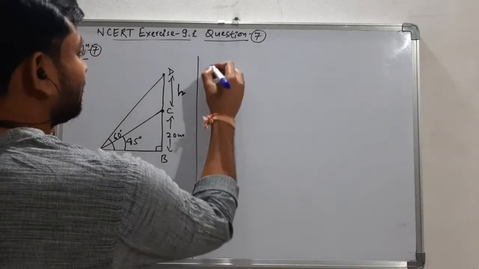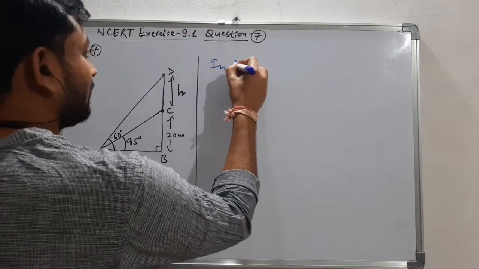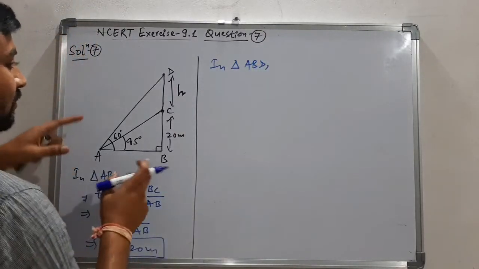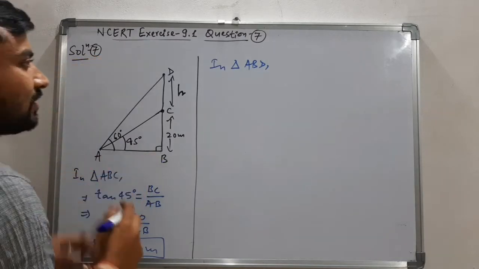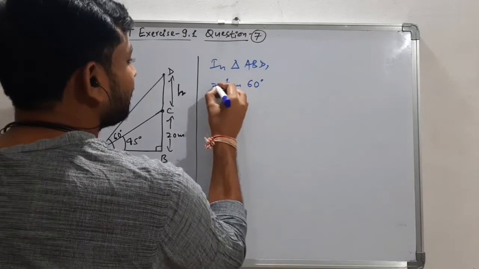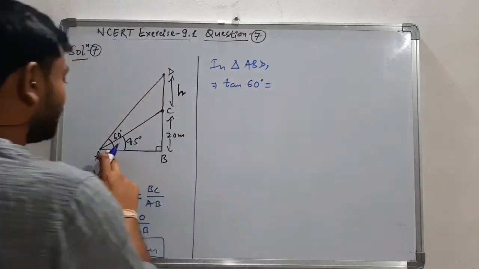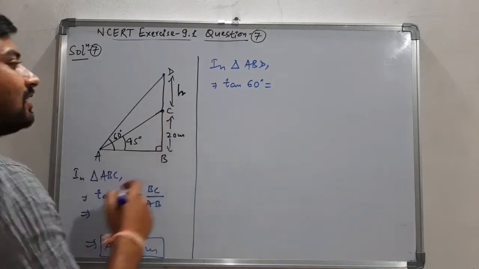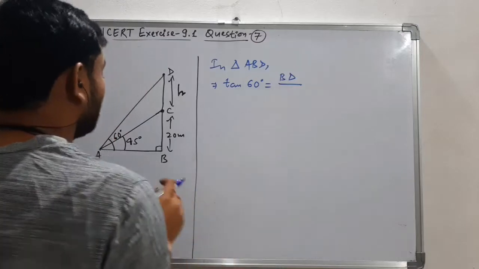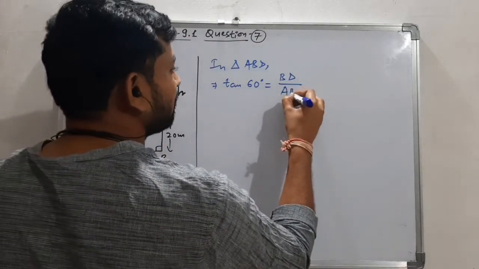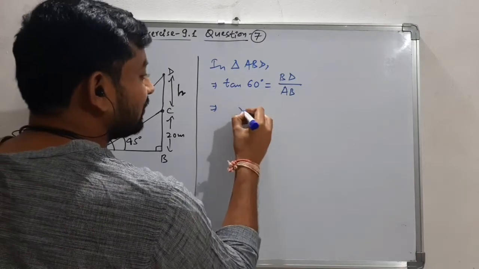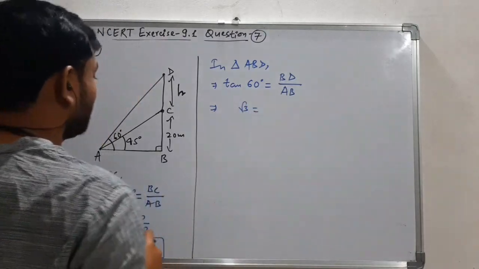Now let us consider the triangle ABD. In triangle ABD we have the perpendicular as BD and the base is AB. So again I am using tan theta, that is tan 60 this time. Here theta will be 60 degrees when we take the whole triangle ABD. The perpendicular is BD and the base is AB. BD upon AB. So here the value of tan 60 is root 3, which is equal to